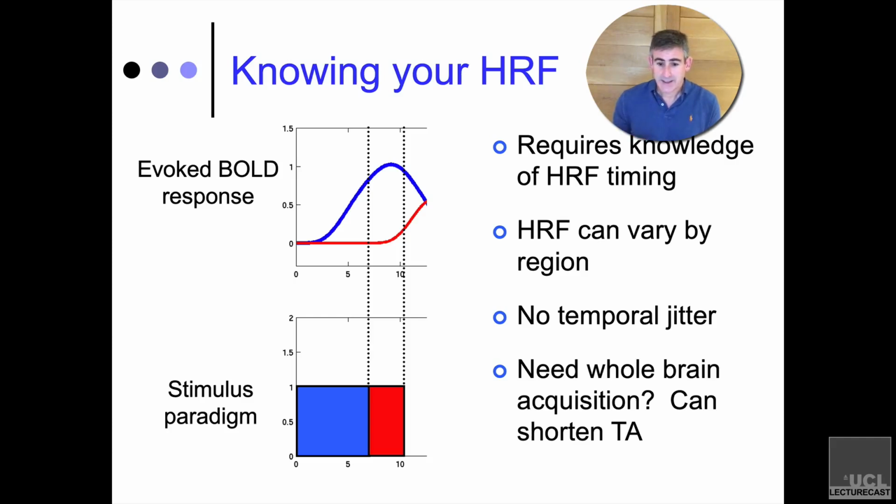And of course, related to that is that if this is a purely event-related design, then statistical sensitivity is an issue just to begin with, right? I mentioned last week that an event-related design has maybe a fifth the sensitivity of a block design, and that's in the best case scenario. Well, if you're already at a fifth of the sensitivity of what you could do in a block design, and then you're making it less efficient by not sampling different parts of the brain with their optimal HRF timing, then it's even worse. And the thing that you need to do in that case is just collect a lot